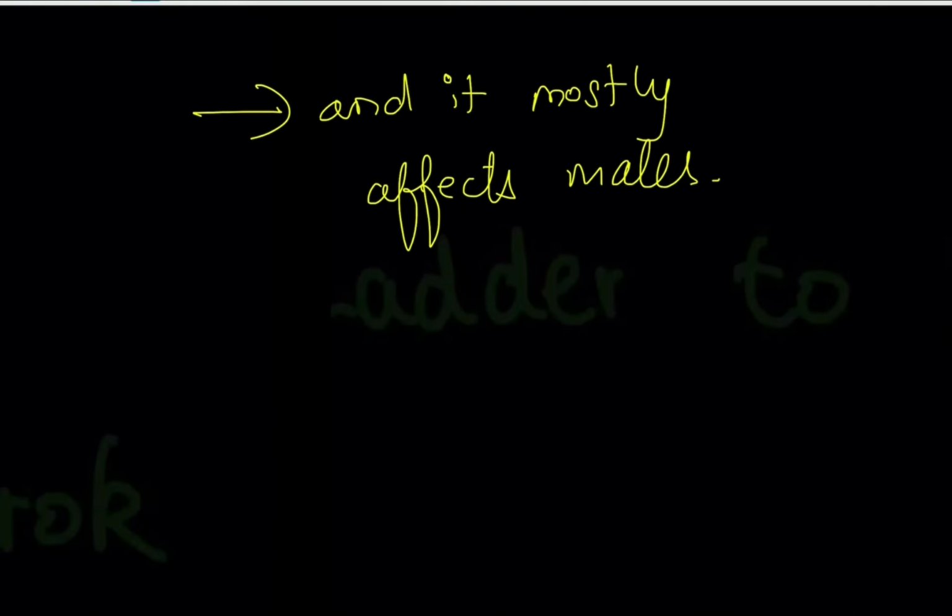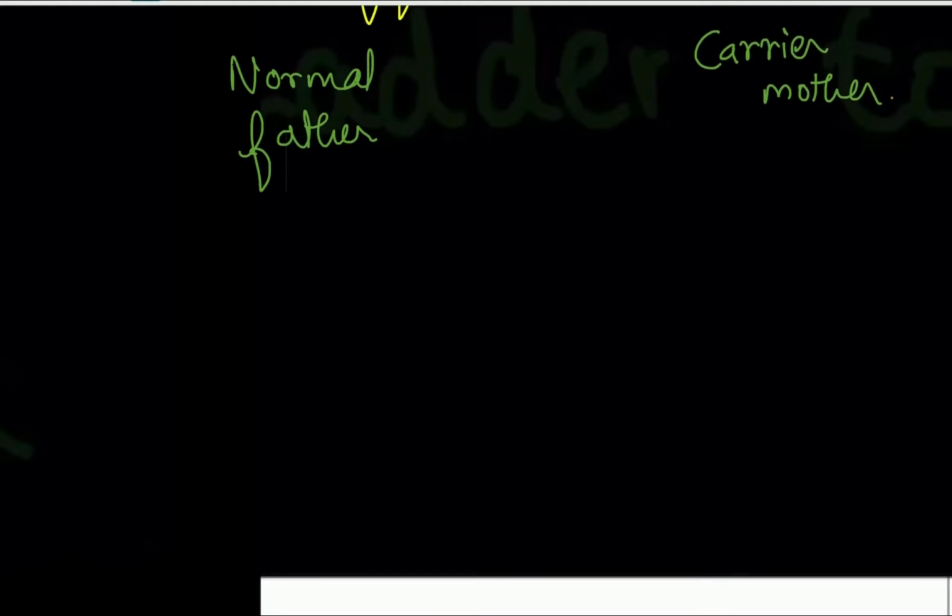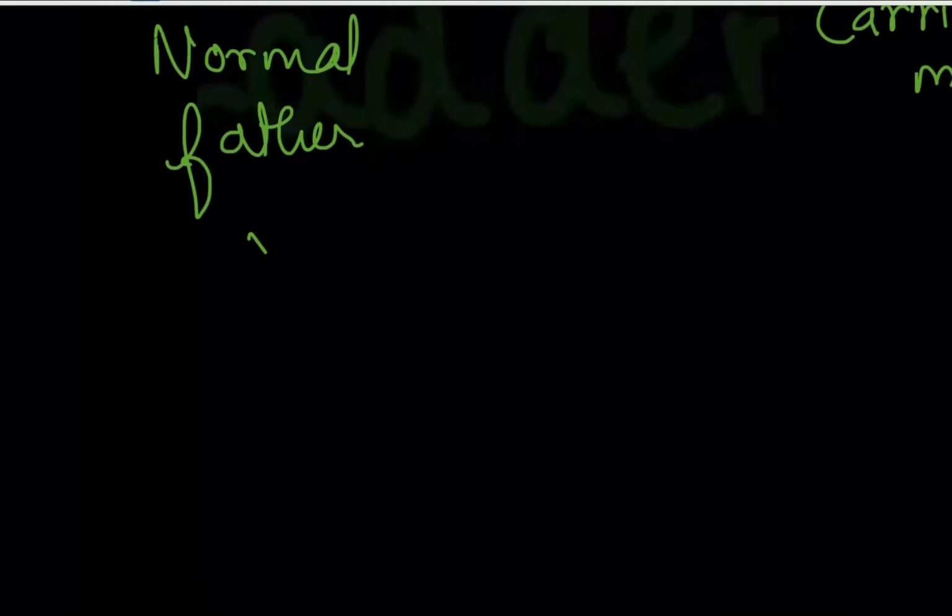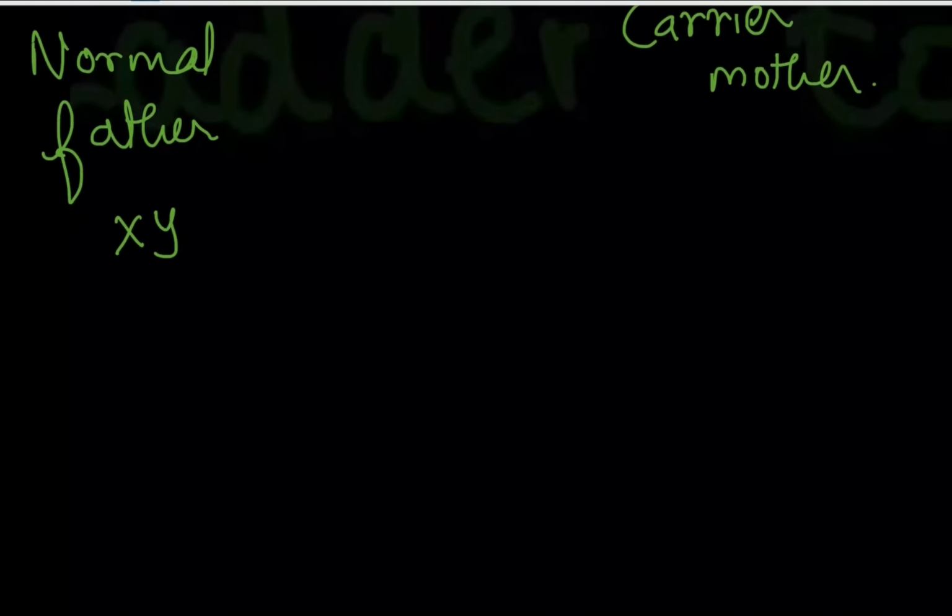In X-linked recessive, write down what happens. There's a normal father and there is a carrier mother. Carrier mother means mother will have the gene, but she will just be a carrier. She won't have that disease. The gene will be suppressed in her, but it can show in her future children. So normal father karyotype you can write down XY. In female, XX. So we have one affected X in female. That's why she is a carrier, okay?